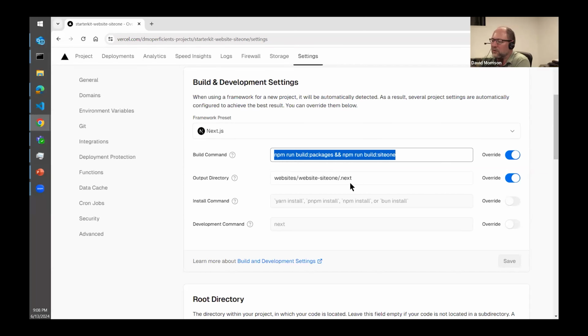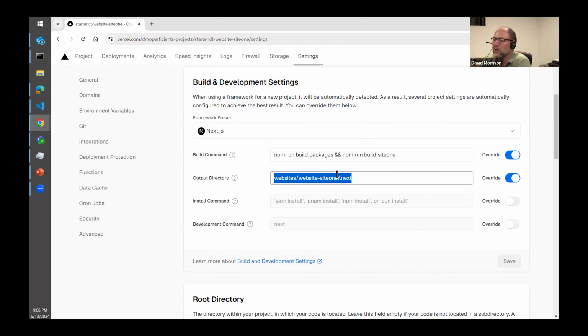But the secret sauce is this output directory. So you can have multiple web servers in a single repository, but you still have to tell Vercel for each project which Next.js server you want to use, and that's this output directory here. Everybody's familiar with .next in their folders, and you just tell it for each project.